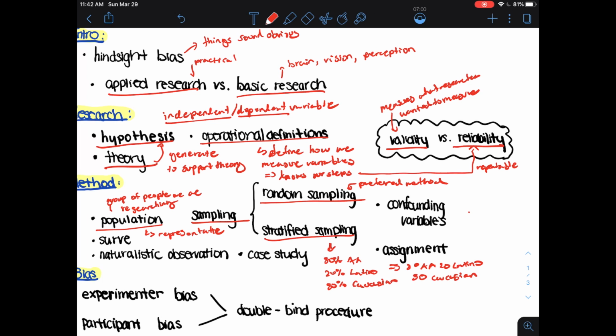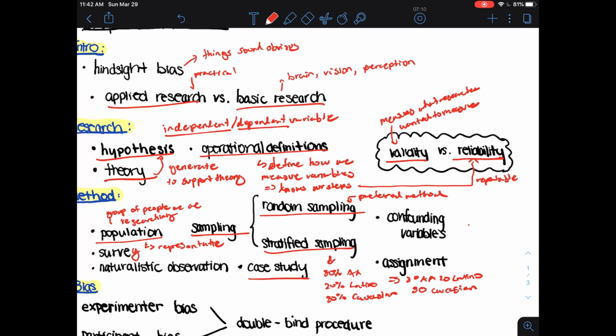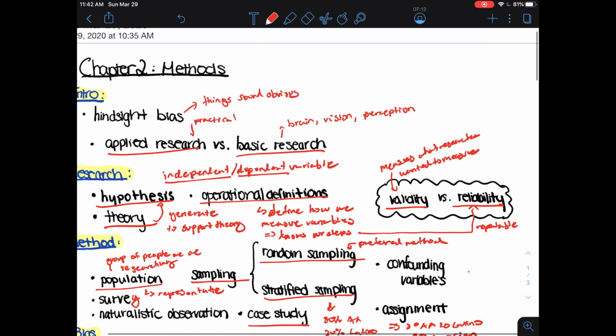And now we look at the various types of research. So first, there is case study. So a case study, as I will write up here, is a study of one specific person. For example, the famous study of Phineas Gage,